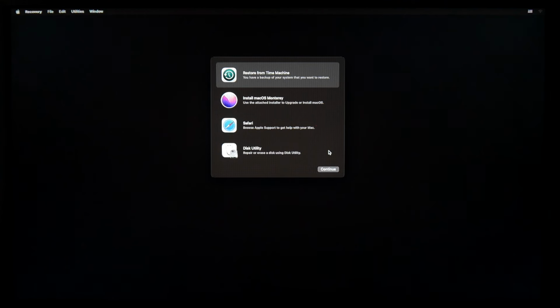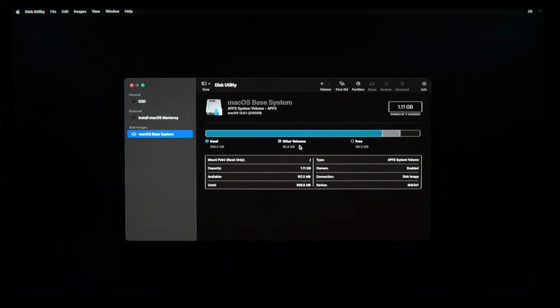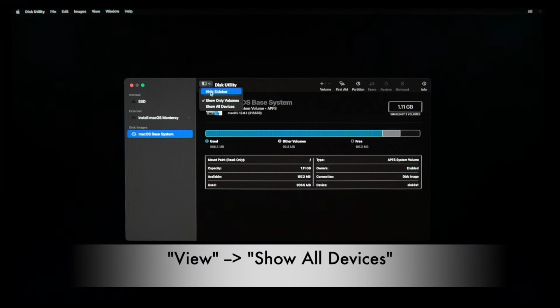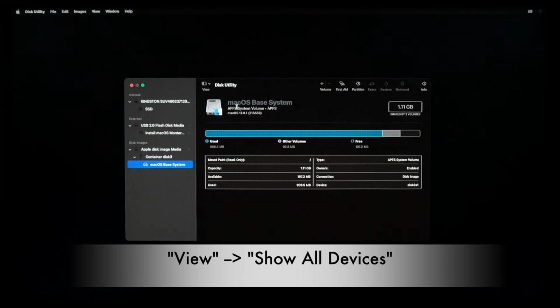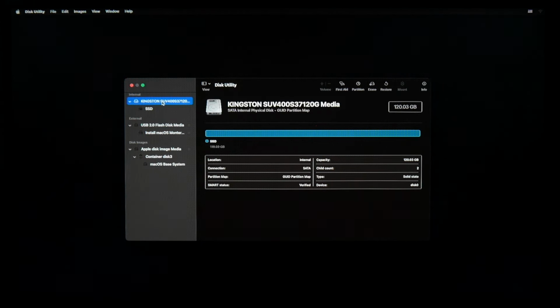So if you have to erase your hard disk before installation, you can just go to the disk utility, say continue here, and same as with the USB drive, make sure that with view you have selected show all devices, and then you click on the internal drive like I have my Kingston SSD here.